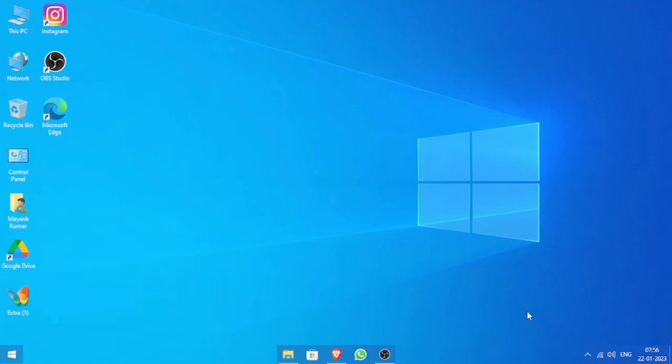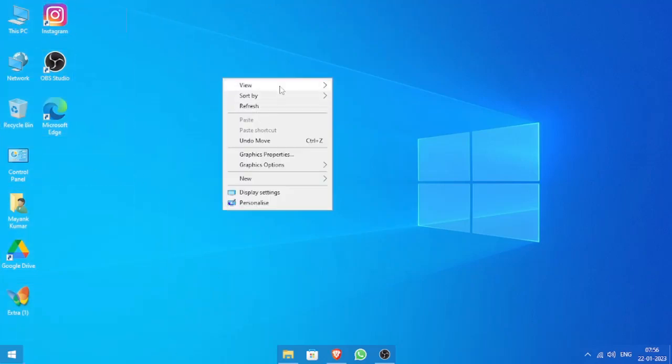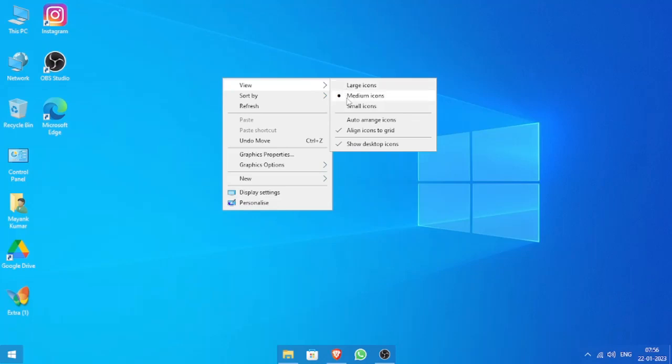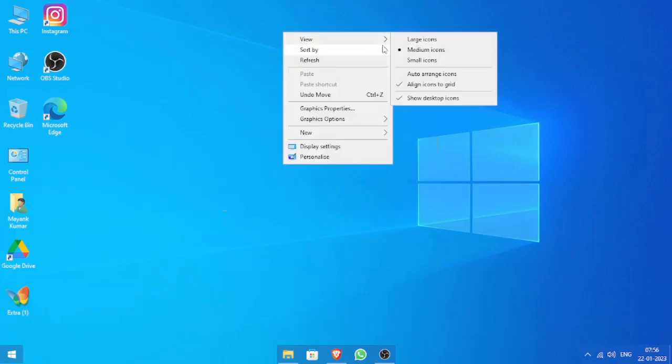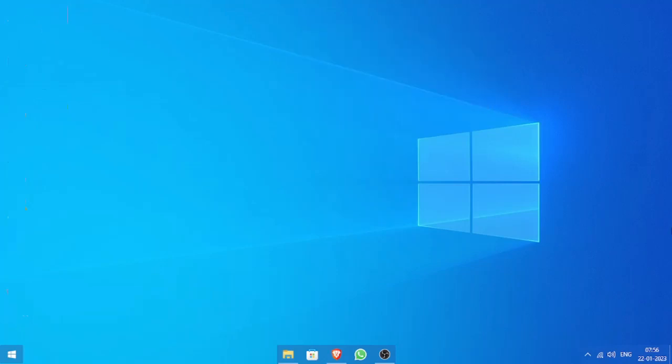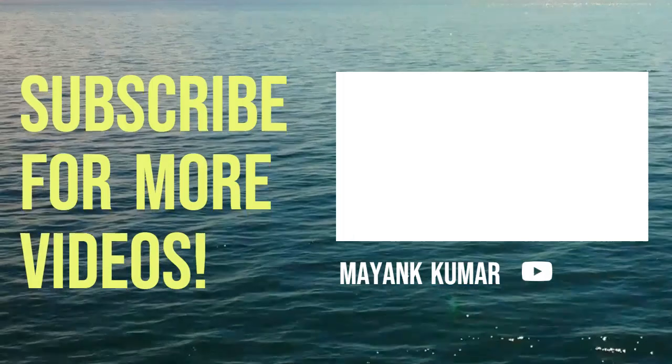Now it looks very much clean, right? So yeah, one thing is, who likes these to be on? So just right click and go to views, and untick this show desktop icons. It will just remove them. Yeah, so we have changed many things. It looks cleaner, better, and